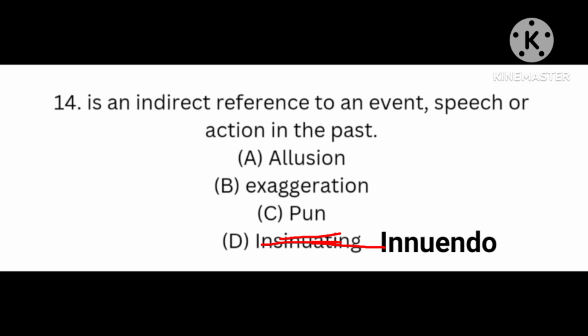Allusion is a reference or citing things that happened in the past. And we have two types of allusion. We have a biblical allusion and the classical allusion. Biblical allusion is a situation where you are citing or referencing those things that happened in the Bible. While classical allusion is a situation where you are referencing or citing those things that happened in the past, olden days.